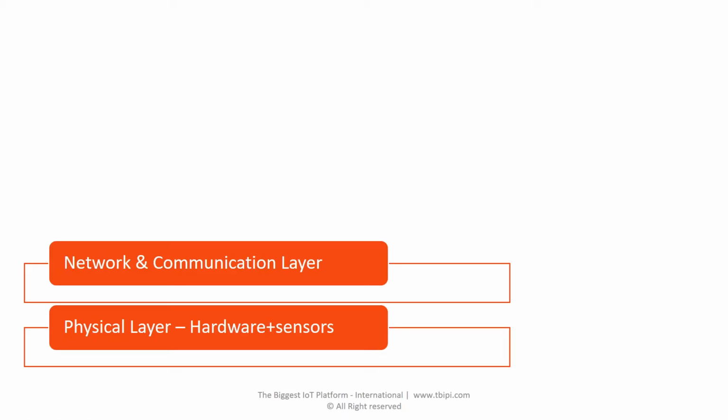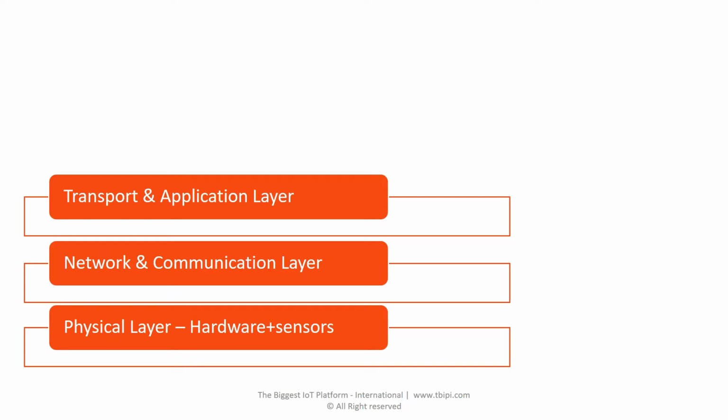So you can say that the physical layer consists of hardware and sensors. The network and communication layer consists of communication protocols like Wi-Fi, Bluetooth, and all. Then comes the transport and application layer protocols. Here we talk about software protocols like TCP, UDP, and application layer protocols like HTTP,